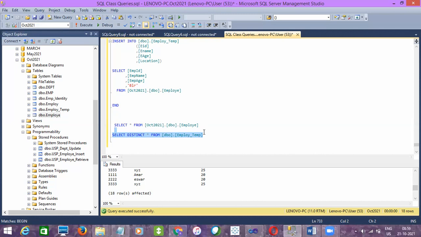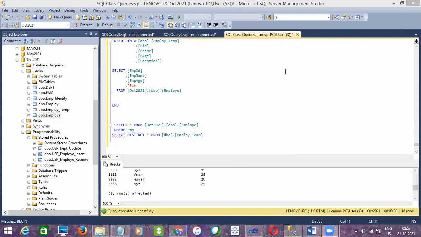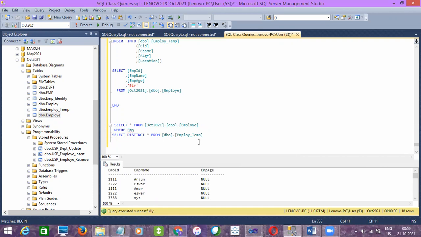Let's see employee IDs. Maybe not all the records, maybe you can take employee IDs as an example. How to do that, guys? I want to retrieve data from this table which is not there on this table. I'm only telling the condition, right? So we have to use a where clause, where emp id. Can we use not in? This way.